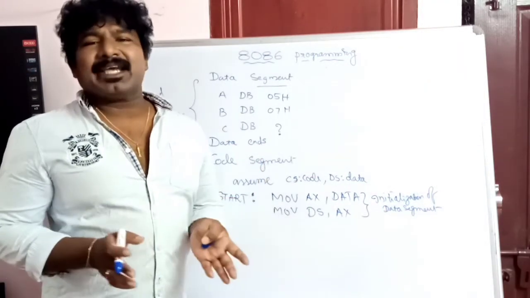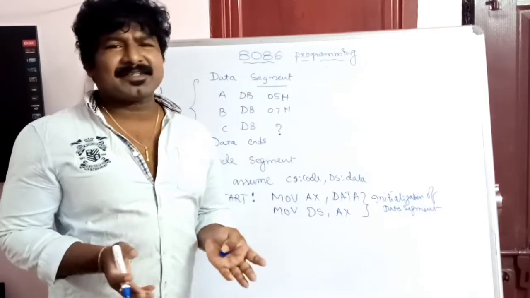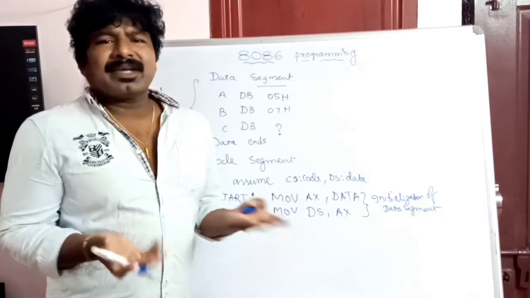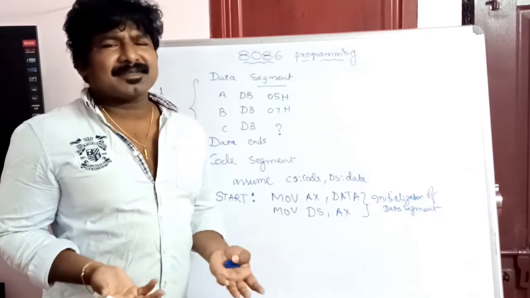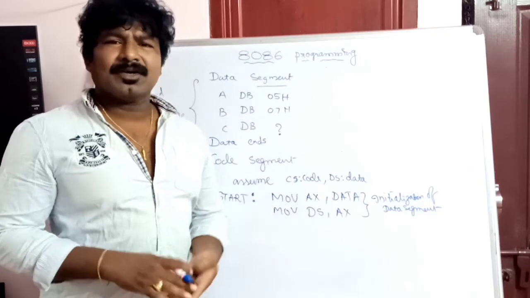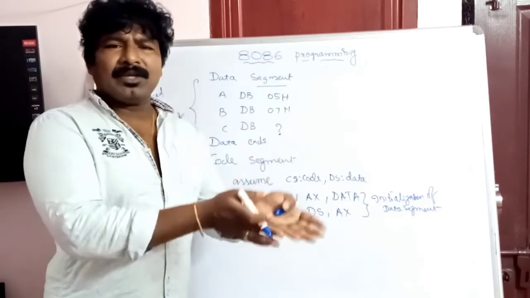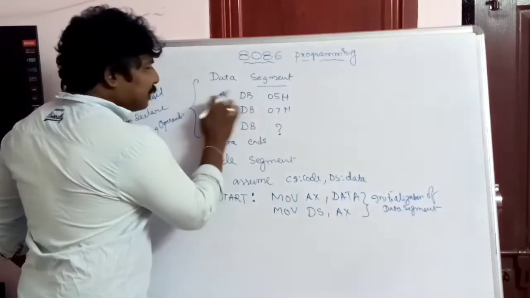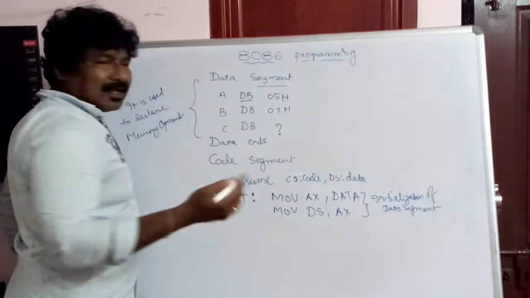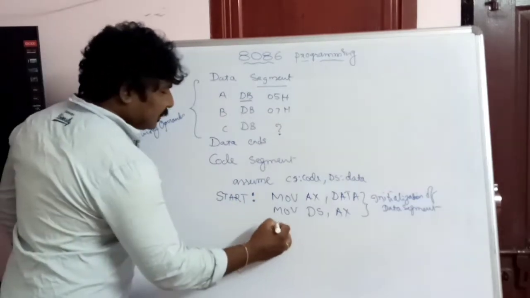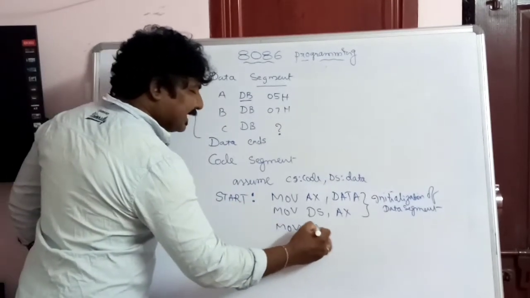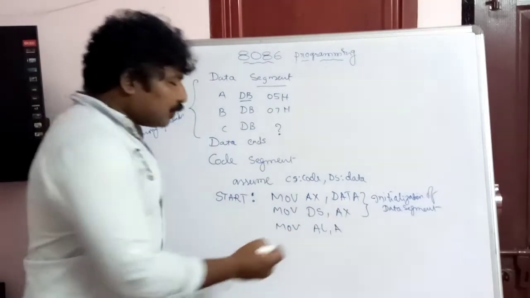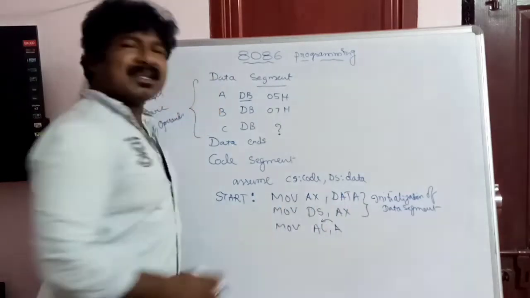So you need to take the two operands into two registers, then add them, then you will get the sum. Okay, then how can I take my values into the registers? Simply use the move instruction. That will move the variable value into a register. What is the size of my variable here? That is a DB, which means that is an 8-bit value. So this will be MOV AL, A. This will move the value of A into the register AL.